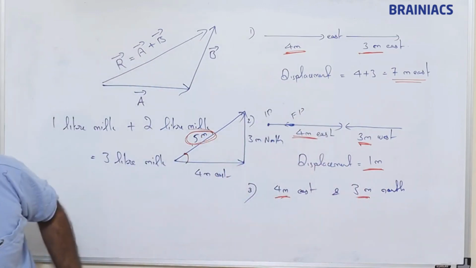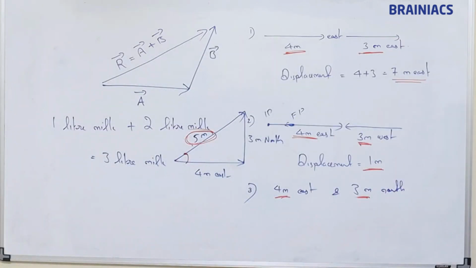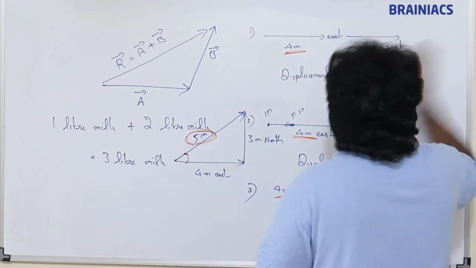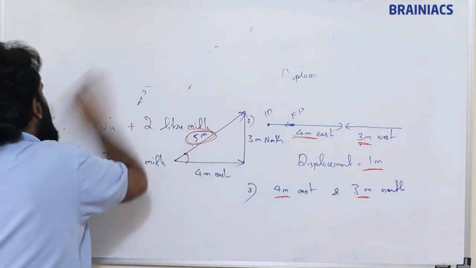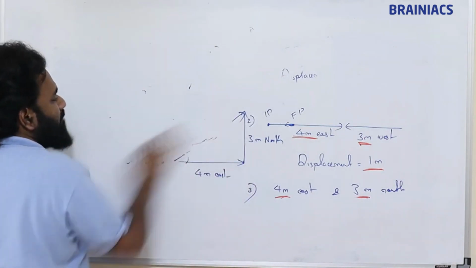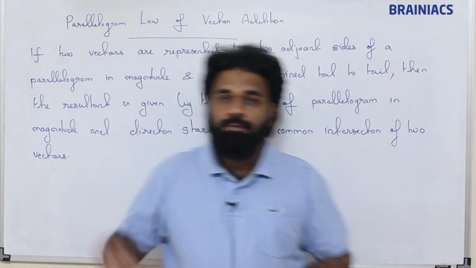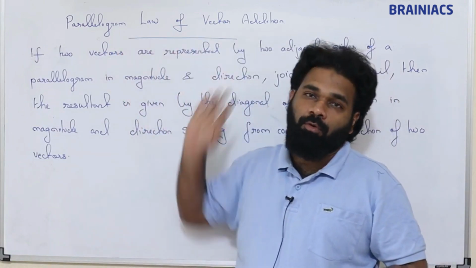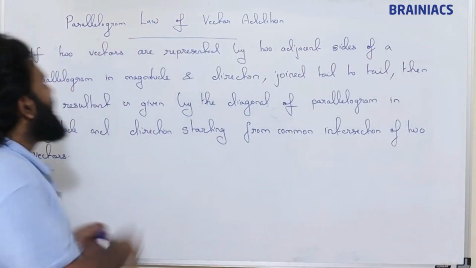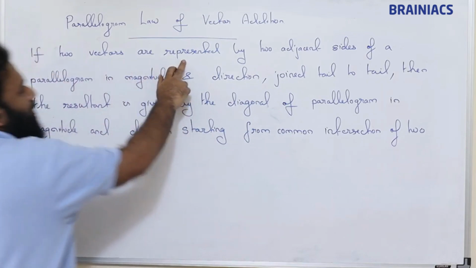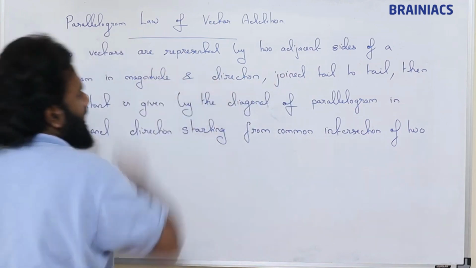So we have seen the triangle law of vector addition. Now today we will start with the parallelogram law of vector addition also. So the study of vector algebra needs concentration. Why? Because based on the angle of the vectors, the result is changing here. So dear students, this is the parallelogram law of vector addition. Read the definition: if two vectors are represented by two adjacent sides of a parallelogram in magnitude and direction